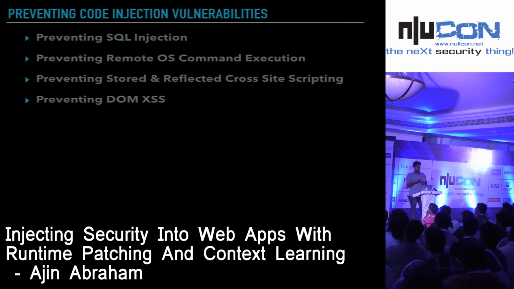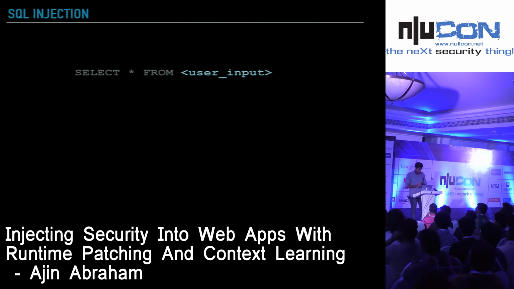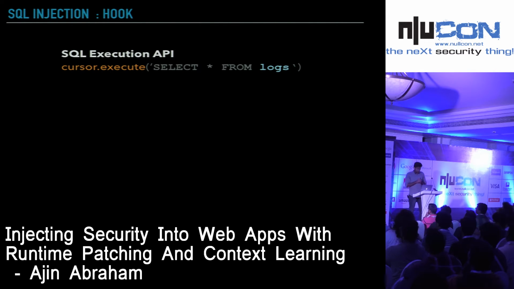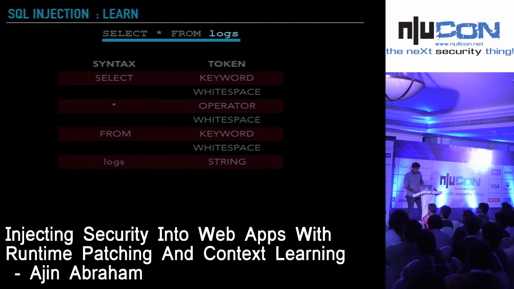Let's see how we can use this technology to prevent SQL injection, remote OS command execution, stored and reflected XSS, DOM XSS, etc. So consider an SQL query. This is one of the very basic SQL queries: select star from user input, where user input is the place where the input comes from the user, which is untrusted. And you have an API inside, let's say, your web framework that executes this SQL statement. It can be something like sqlite3 cursor.execute. And then we have,